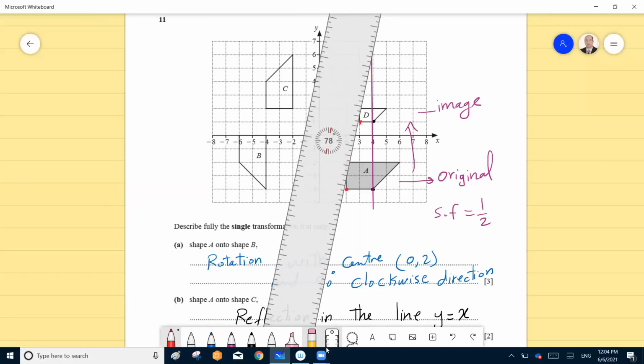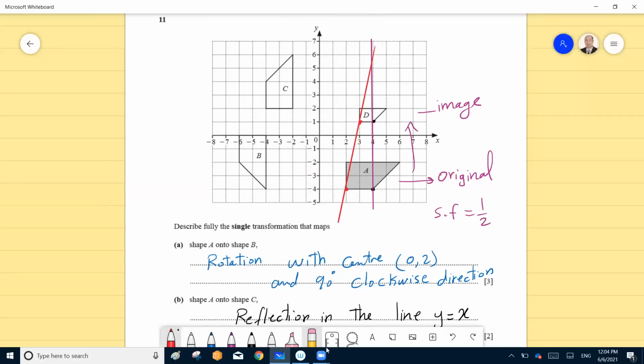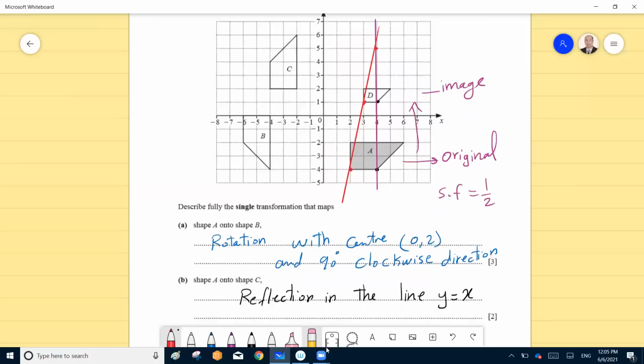I try to make it as accurate as I can. Of course, two points, or two lines, are enough. The lines almost intersect at this point. So this point, (4, 5), is the center of enlargement. So just write enlargement